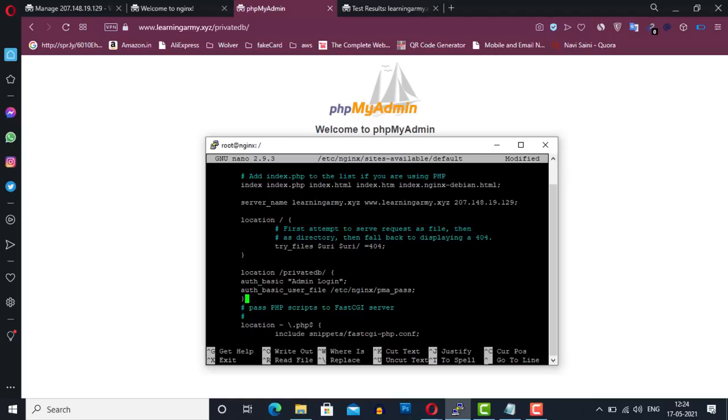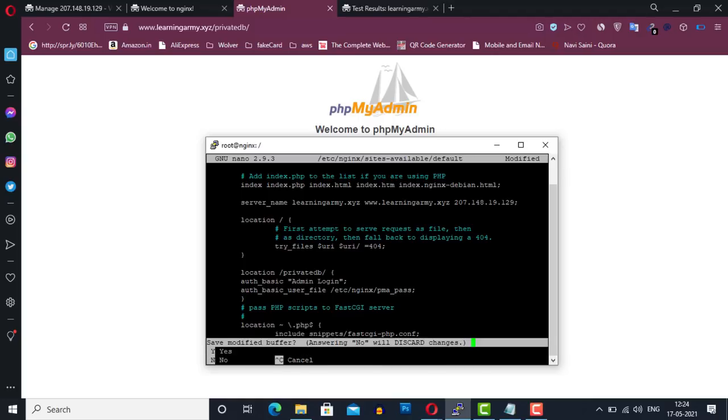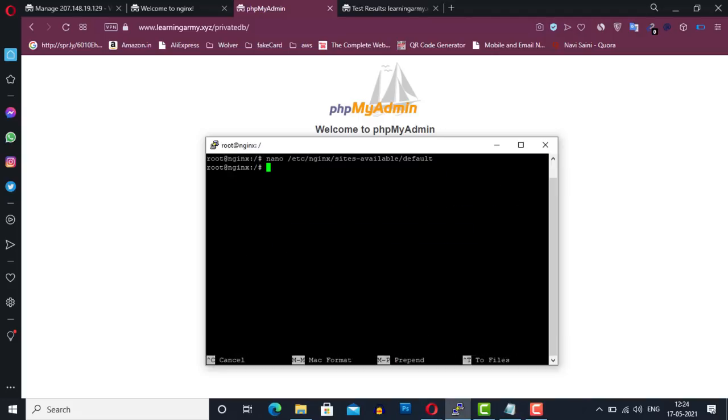After that, we have used the authentication file that we have created earlier in the auth_basic_user_file variable. Now save this file and hit enter to write. Now we have to restart our web server to implement these changes in this file. So type this command to restart the nginx server.